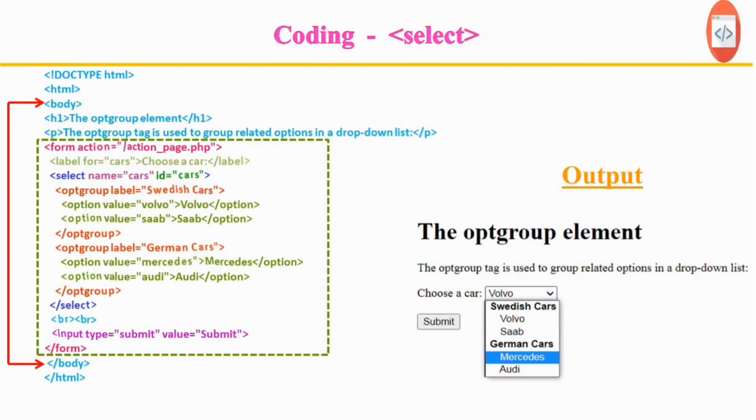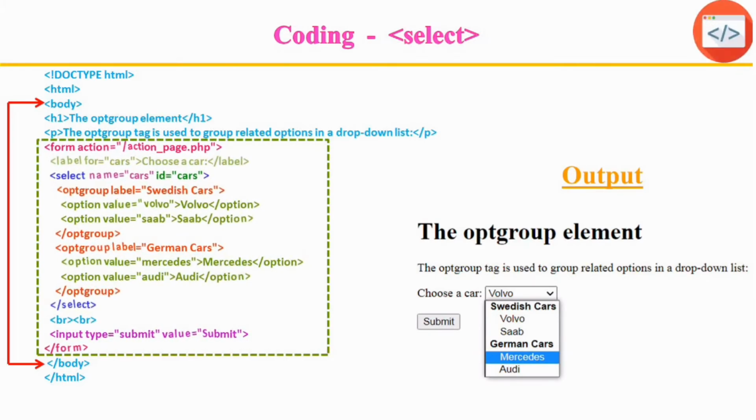When you submit a form to the server-side code, each form field has an associated value for the text input and text area. The value is whatever the user types into the field. However, since we are creating predefined options, we need to specify what the value should look like when it's submitted. So we use the value attribute to specify the value for predefined options. Now we have a choose a car label with the select menu, which we have just created.